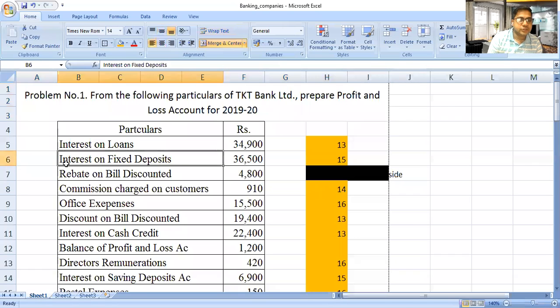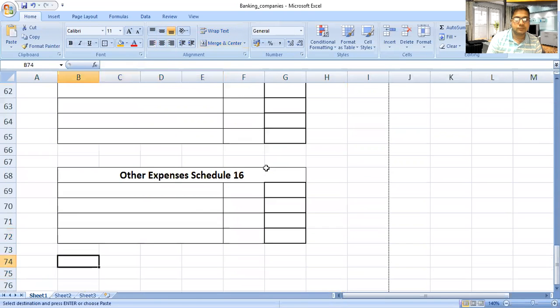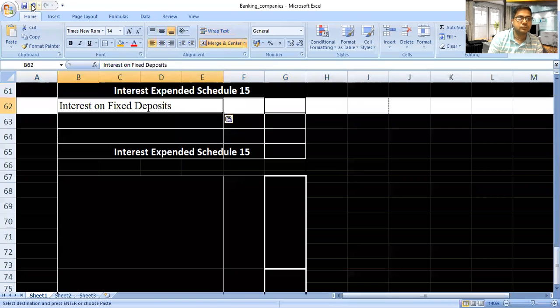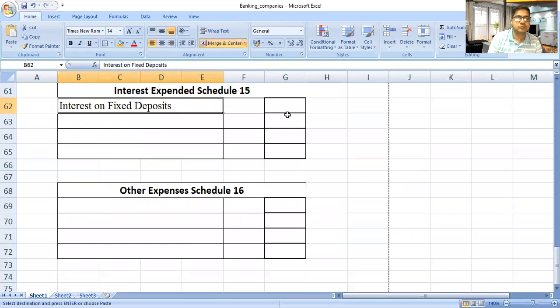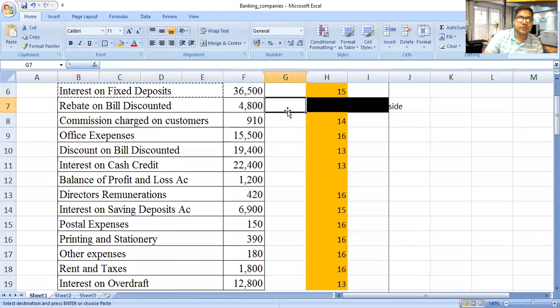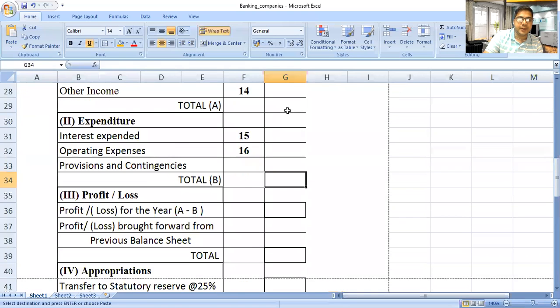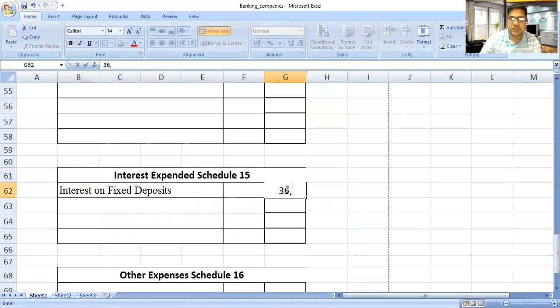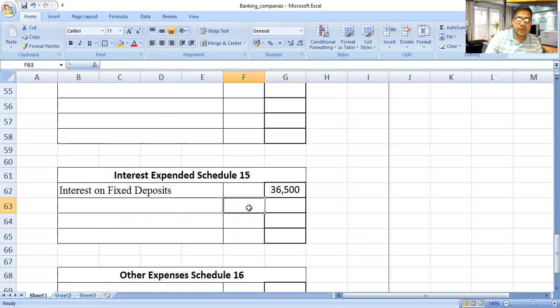Next is interest on fixed deposit, 36,500. Schedule number 15. Interest on fixed deposit, schedule number 15, and the amount is 36,500 that we have to show. After recording this, next item,